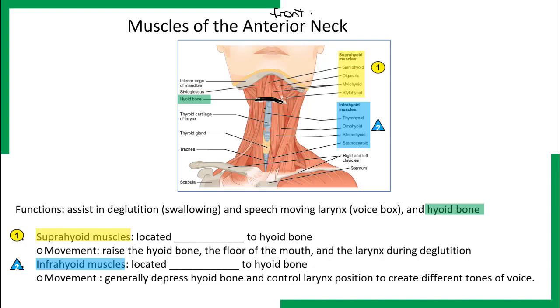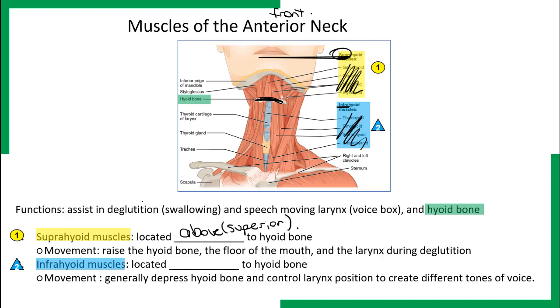all these different muscles. So the muscles that are above the hyoid bone are called the suprahyoid muscles. Supra meaning above. The muscles that are below the hyoid bone are called the infrahyoid muscles. I'm not expecting you to remember the names of all these specific supra and infrahyoid muscles. I just wanted you to know and to remember that the suprahyoid muscles are located above or superior to the